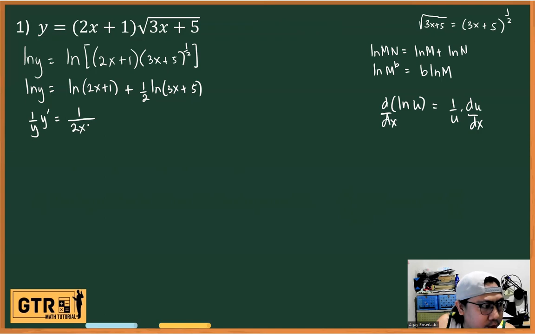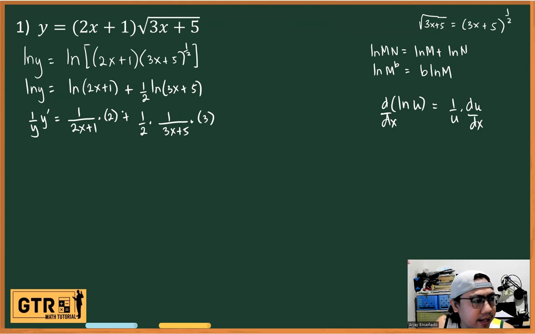So this is our u. 2x plus 1 times derivative of 2x plus 1, which is equal to 2. Plus, just copy the constant 1/2 and then apply this formula. So we have 1 over 3x plus 5 times derivative of 3x plus 5, which is 3. Then let us now simplify. So we have y prime over y equals, so we have 2